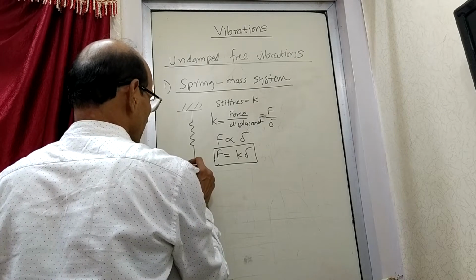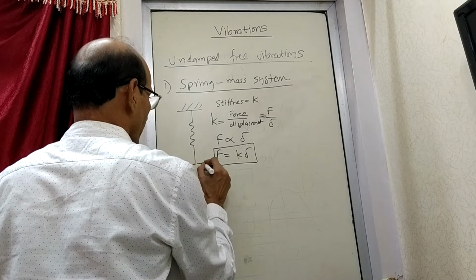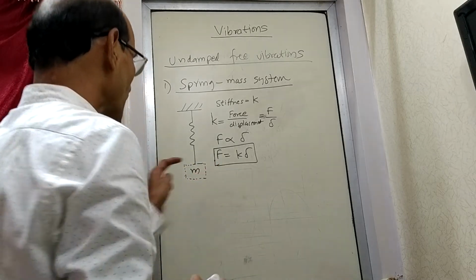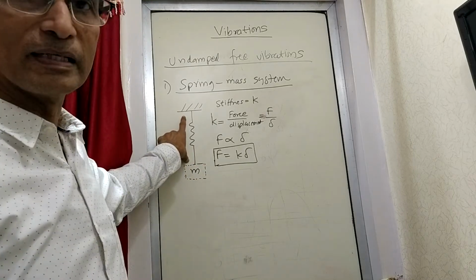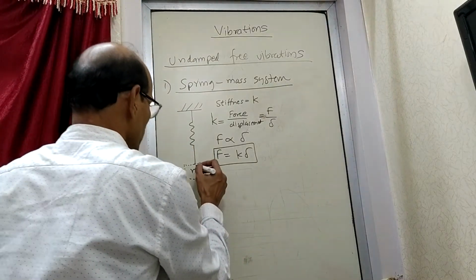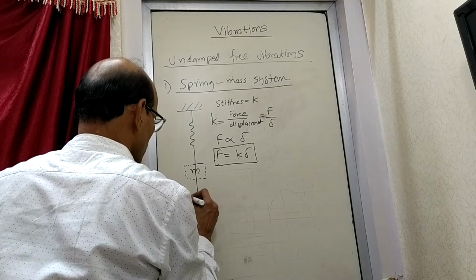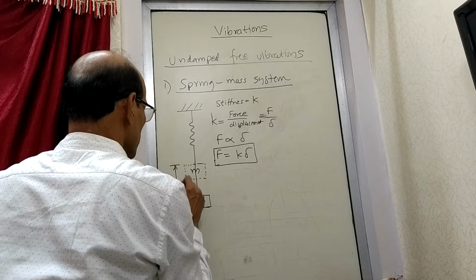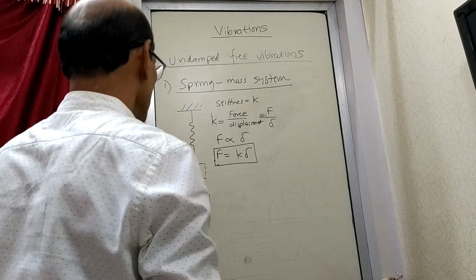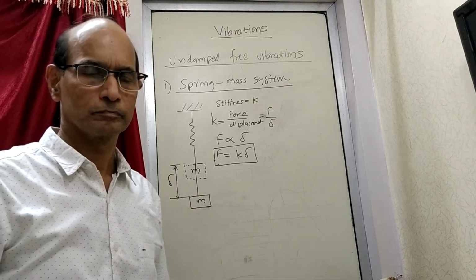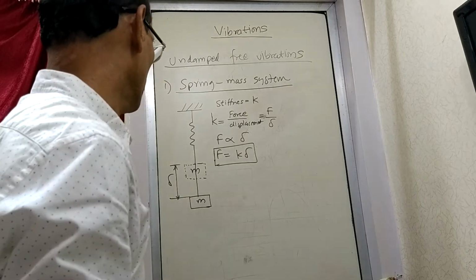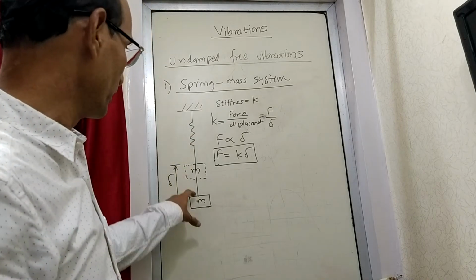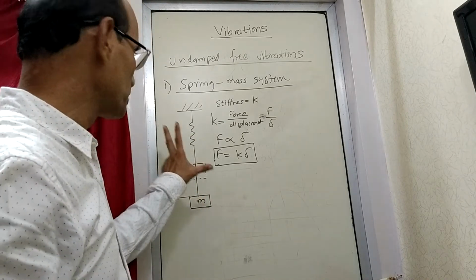That means once I put here mass, what will happen? This is mass m. Once I put mass m, the spring will not remain like this. It will stretch down. So I'll draw this figure such that the mass has come here, and it is displaced by delta. Now what we do further? Now in this situation, the spring is stretched by delta, but still it is stationary.